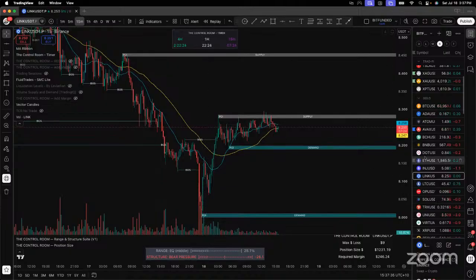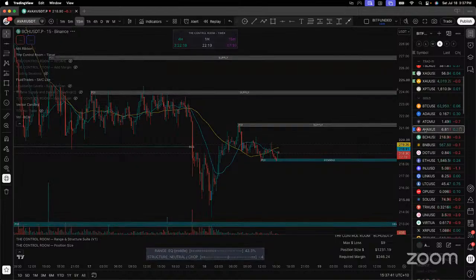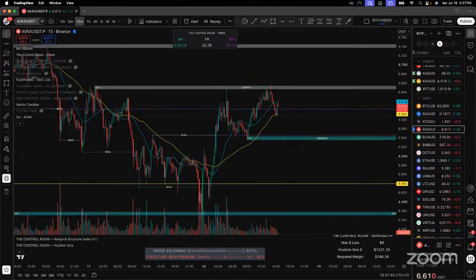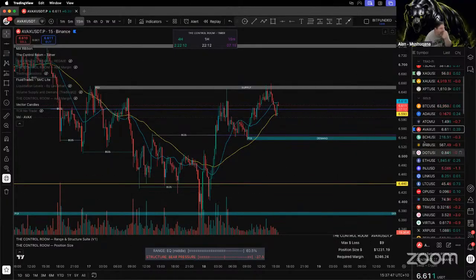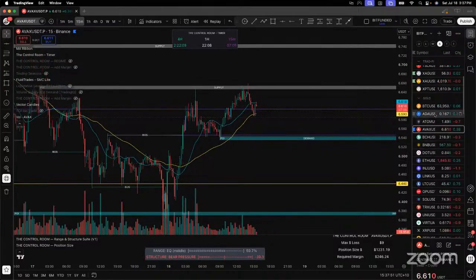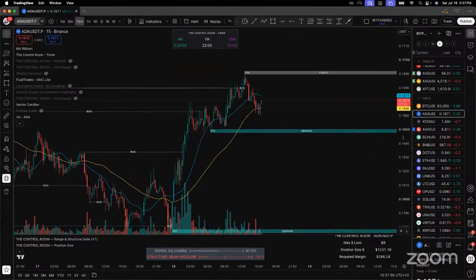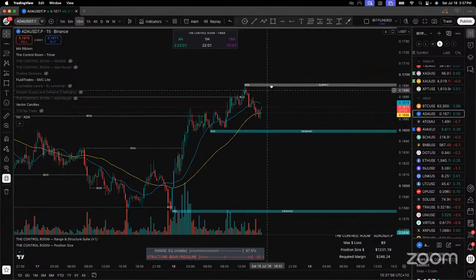It's the weekend. It's just going sideways, but it's going to make a lower high. Cardano is off on a mission. I want my add. I'm going to wait for that break of structure.